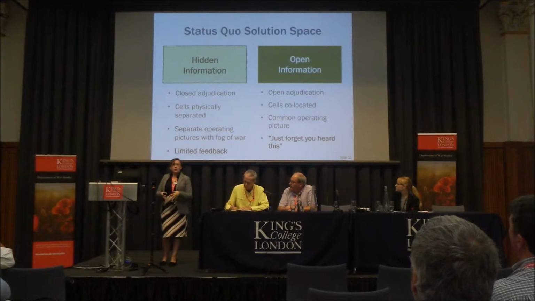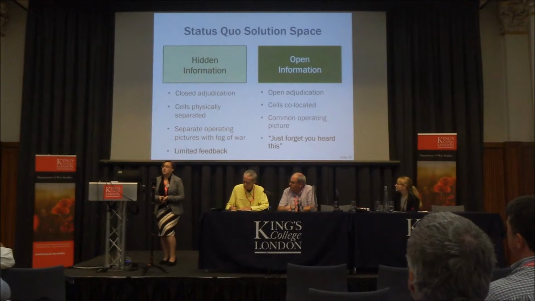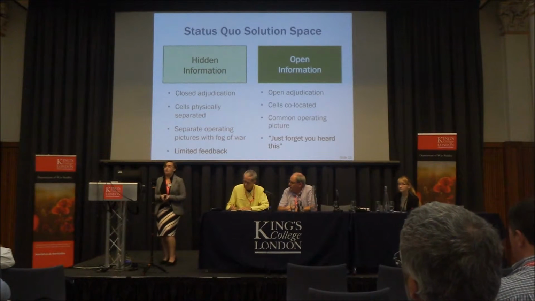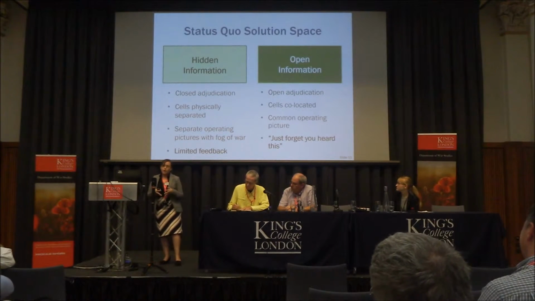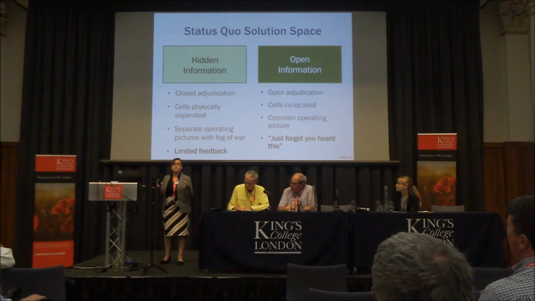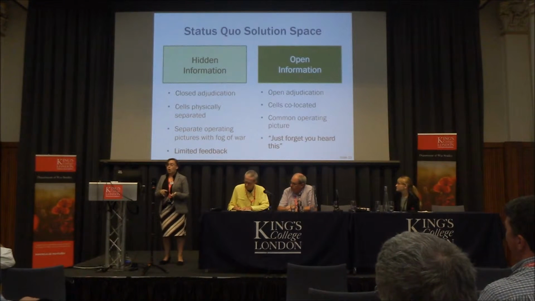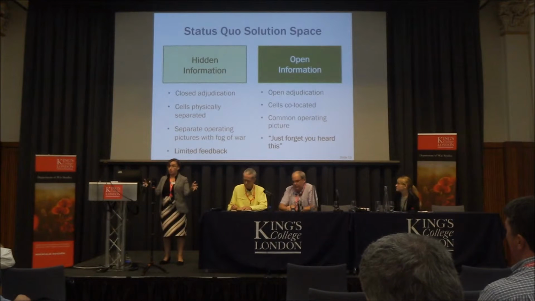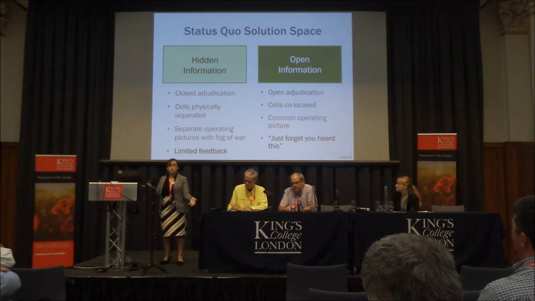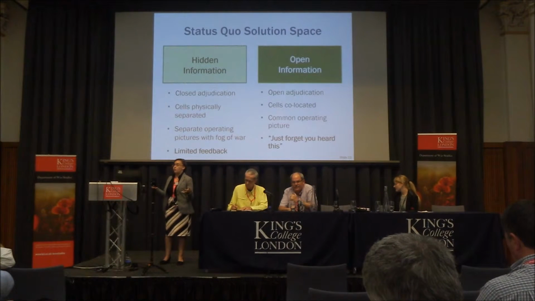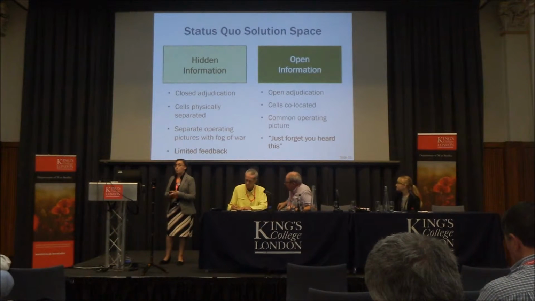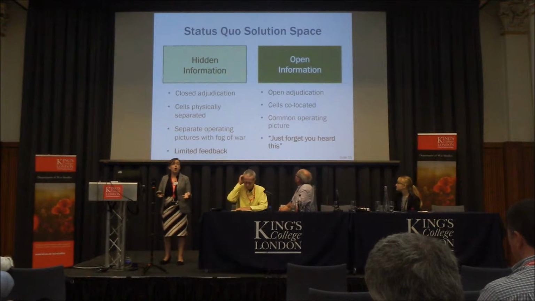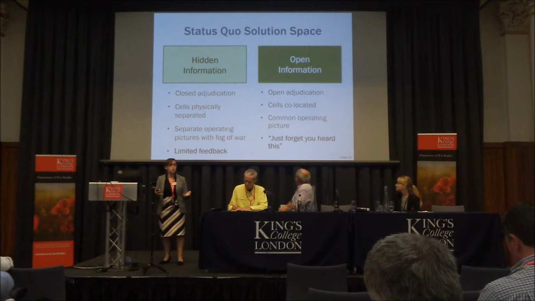Okay, so then, if this is a problem, as I'm arguing it is, what are our solutions to get us out of it? And for the moment, I'm going to argue there's two big buckets of things that we try to do right now. One of which is that we run a game using closed adjudication. And we have the umpires have perfect control over all the information. The players don't have perfect control over the information, and the umpires can share only what would be relevant for the operational picture. So that would be something like a very traditional fog of war game, even from the classic Kriegsspiel, right?